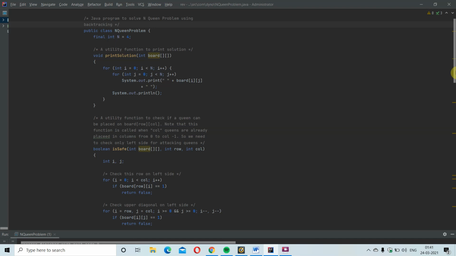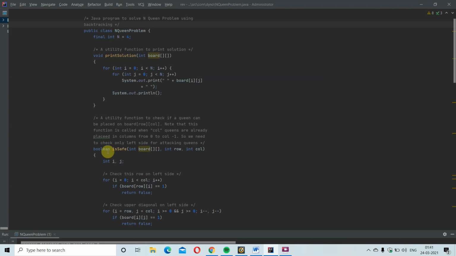The function is called when queens are already placed in columns from 0 to column minus 1, so we need to check only the left side for attacking queens. The boolean isSafe function is introduced to check whether the queen is safe or not. Here also I have invoked the board array, an integer row and an integer column. int i and j I have declared.